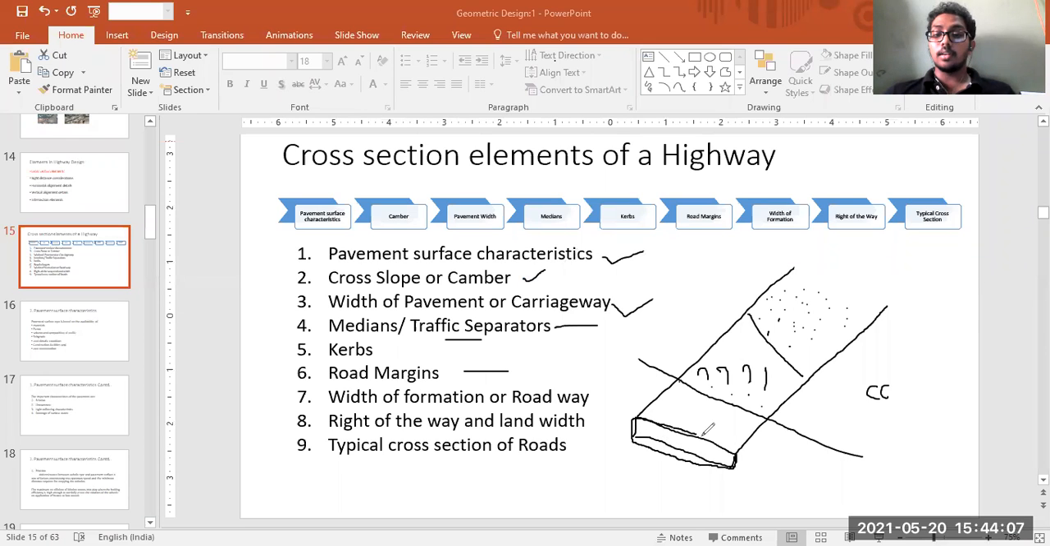Okay, guys, you shouldn't think this is the entire design of the whole highway engineering. This is just a part of cross-sectional design. Similarly,